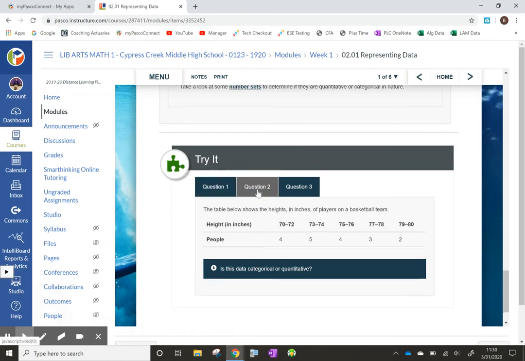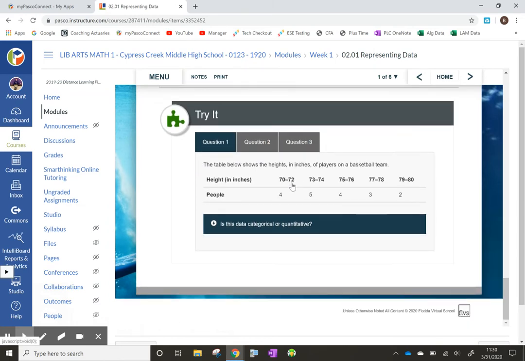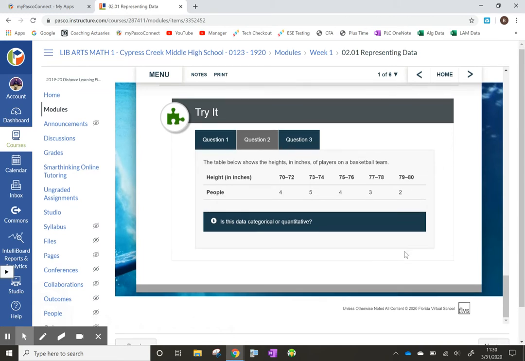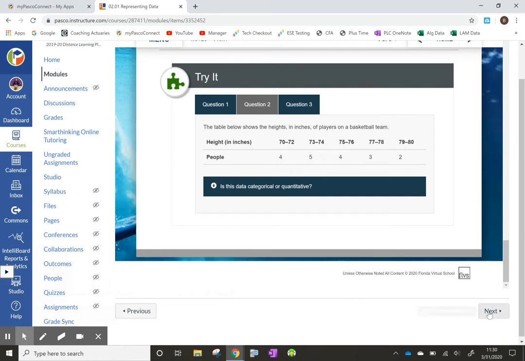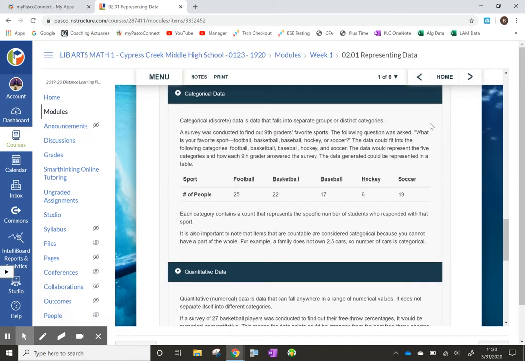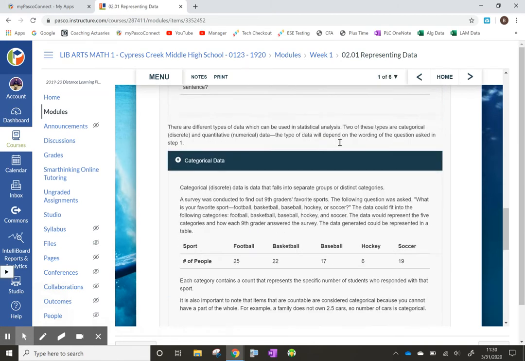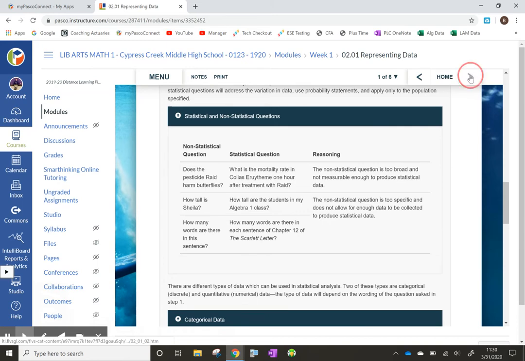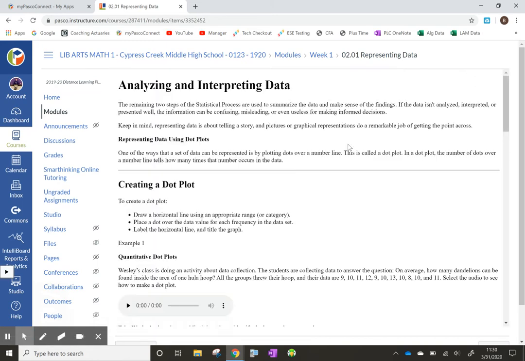So you guys can try question 2 and question 3 and see if you're right, and see the answer and why that's the answer. Now, here's a very important thing. We're not going to hit next down here at the bottom right, because if you look back up here, we have 1 of 6. We have to go through these 6 slides because there's going to be more notes than what we just saw here. So we're going to click the arrows at the top next to home to go to the next page. So page 2,